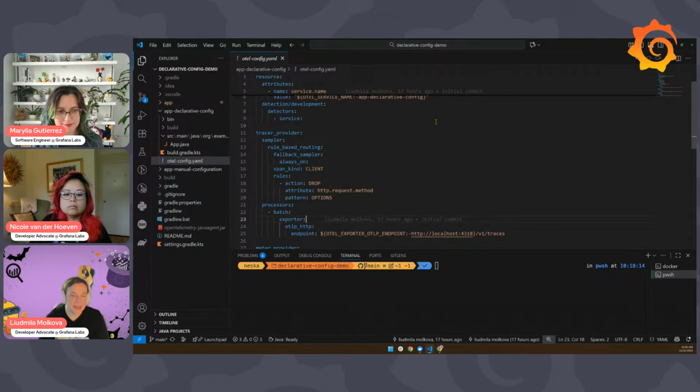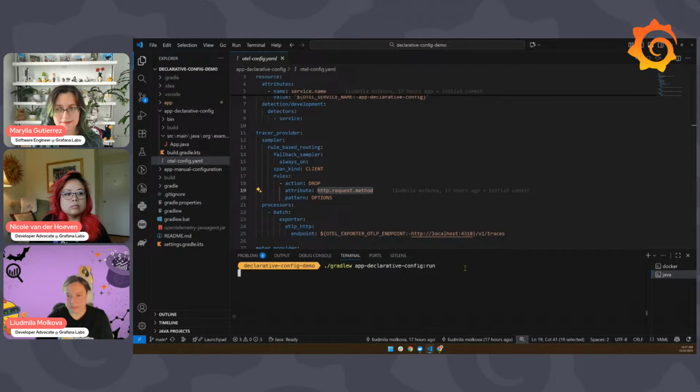But here the behavior is kind of complicated. We say, okay, there is a fallback and it's always on, and we're going to drop certain spans, client spans with this attribute that matches this value, right?